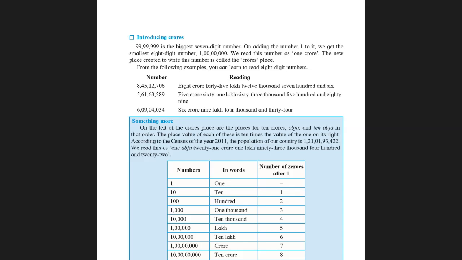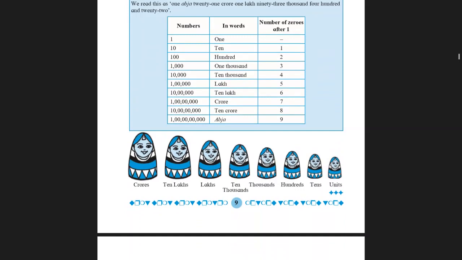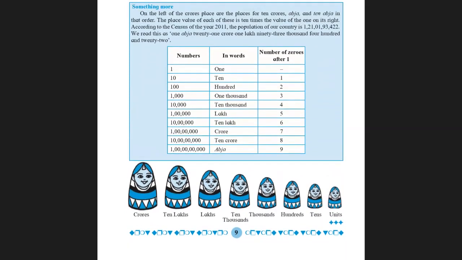Now in your classwork, after you finish problem set 6, you will write the heading introducing crores, and then you can make 2 columns and write these 3 numbers on the left and how it is read on your right. So that's all you need to do, children. With that, we finish with this chapter. Okay, I hope the concepts are clear to you. Thank you.